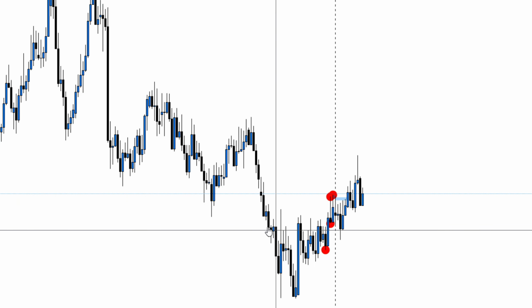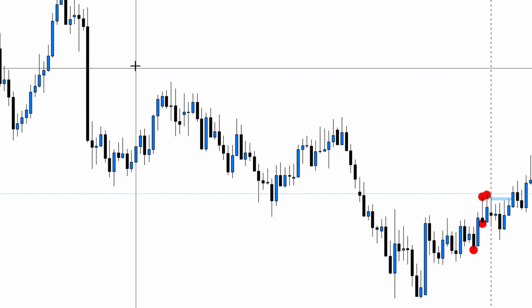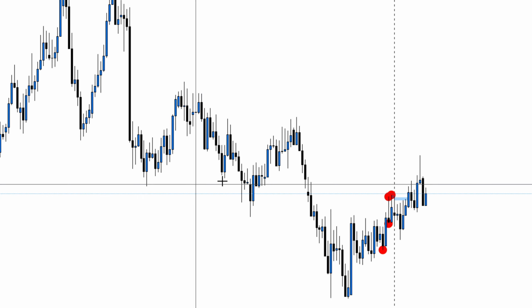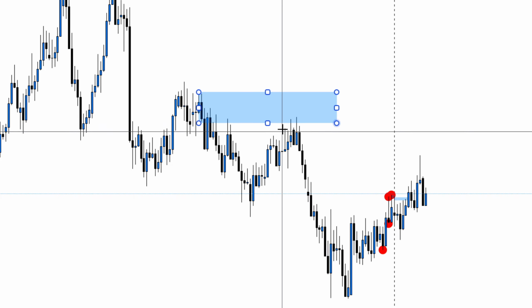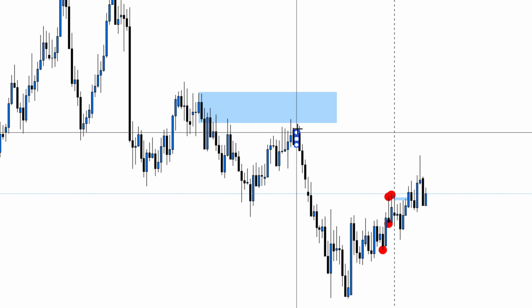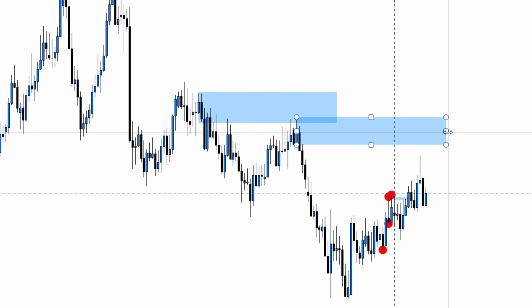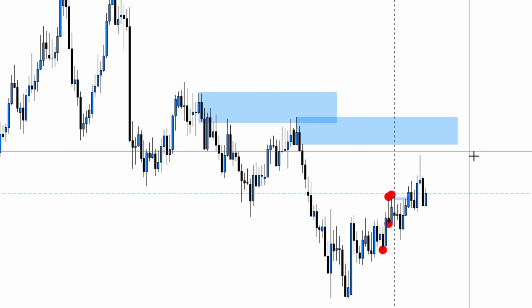This is CAD CHF. What's the pattern that the market has been following? The pattern is the market goes down, breaks a low, and comes back, makes a deep retracement, and then goes back down. Now we created a new low. Here's another order block. Price is going to go up, create a deep retracement into this zone, and potentially go back